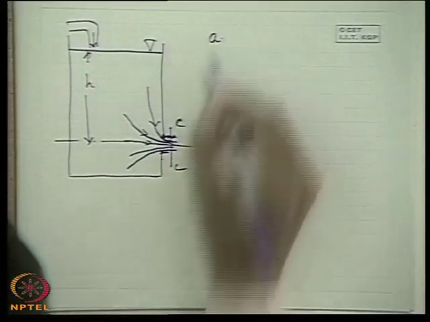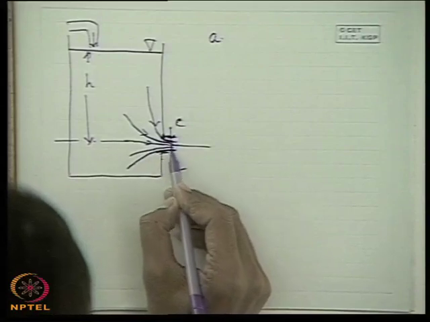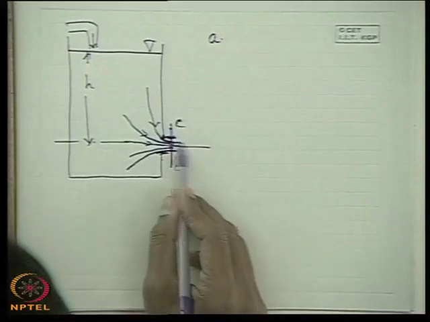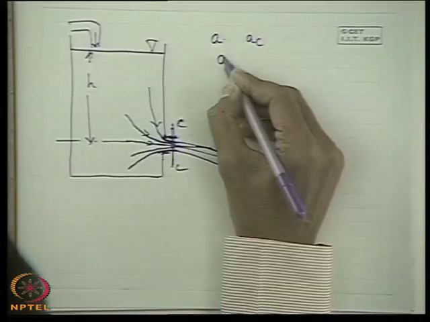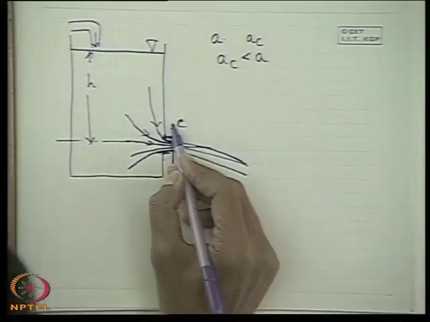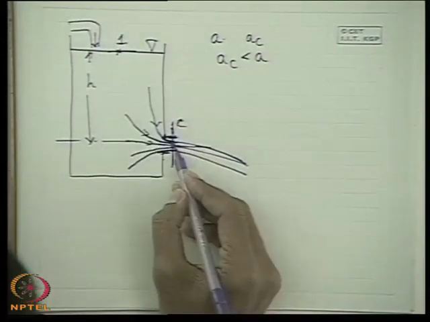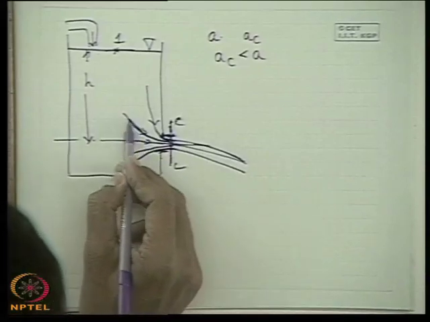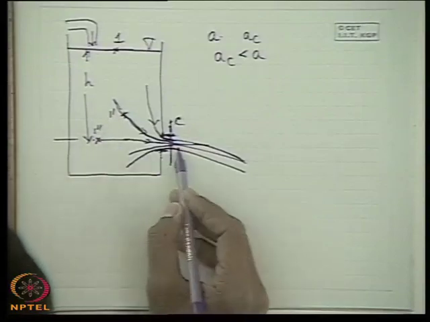If the cross-sectional area of the orifice is A, then at CC, where this stream tube converges and then becomes parallel again, this is the minimum area section, let this section be CC. After that it goes on falling because of gravity. Then this area is AC, and AC is less than A. This is the contraction. Now if we apply Bernoulli's equation at any point on the free surface 1 and at any point on this section CC, or at any point on a streamline, let the point be 1 dash, let the point be here 1 double dash, one point will be here.